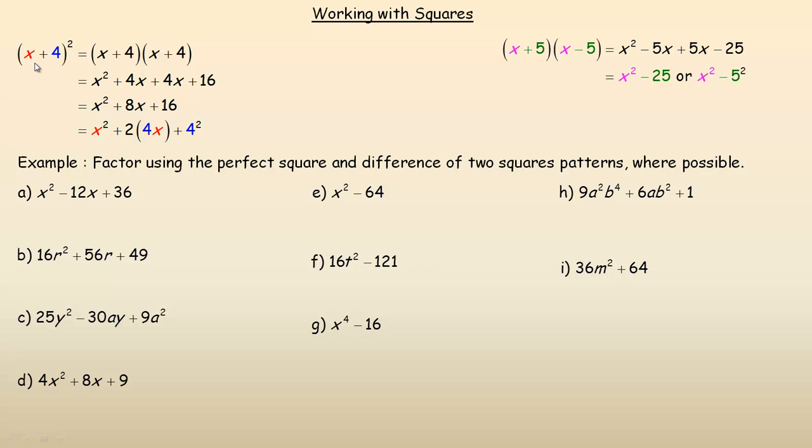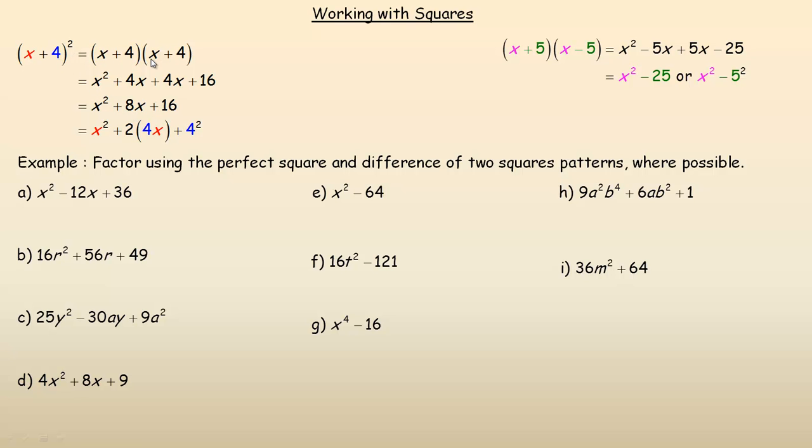Now, expanding and factoring are opposite operations. So when I multiply x plus 4 or square it, or multiply two x plus 4's together, that's expanding to get these terms. But if you take the end product, the x squared plus 8x plus 16, and factor it, well, this is the factored form, and this is the expanded form. And just to go over how x plus 4 squared works out to x squared plus 8x plus 16,